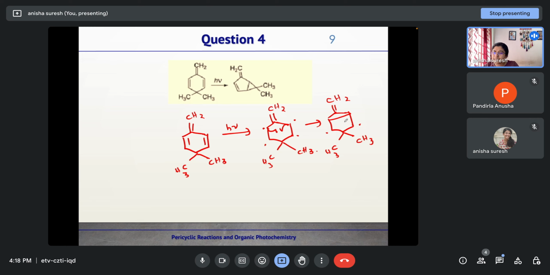Then since this is a symmetrical system, the cyclopropane can open from both the sides, any of the sides. It can open from this side or it can open from this side. Both will be same. So CH3,